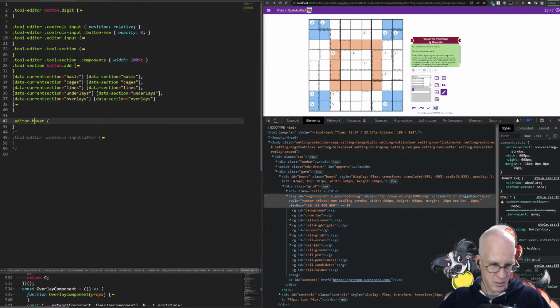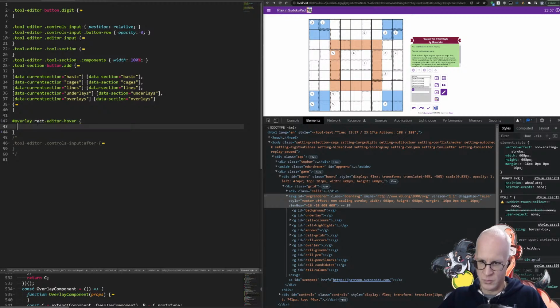So let's say we have overlay .editor-hover. Let's say if it's a rect, we can do something like outline 5px solid or dashed, and then we'll do a